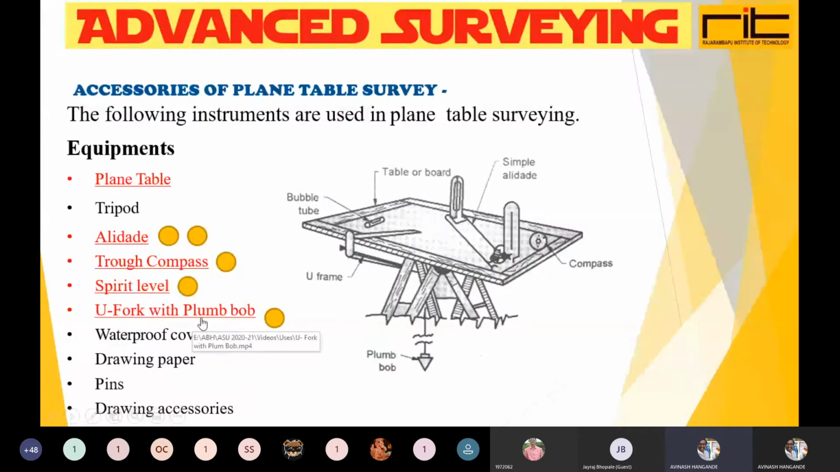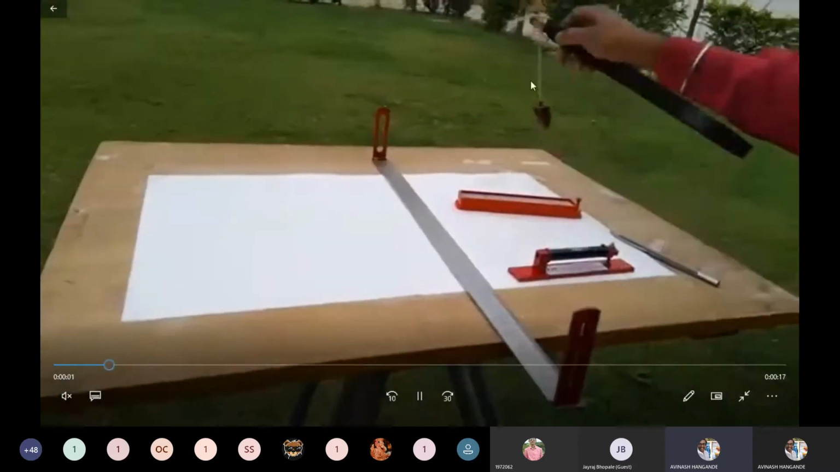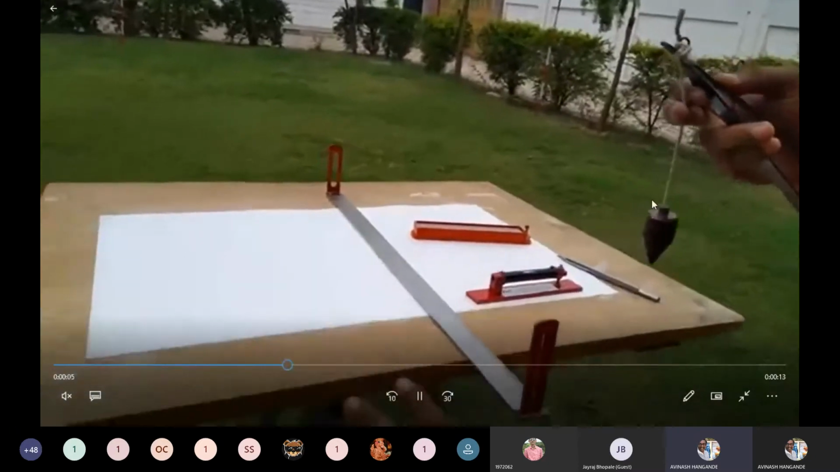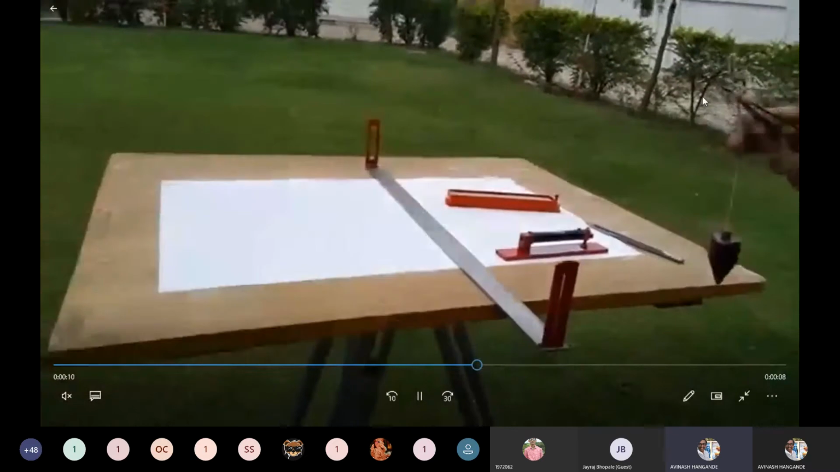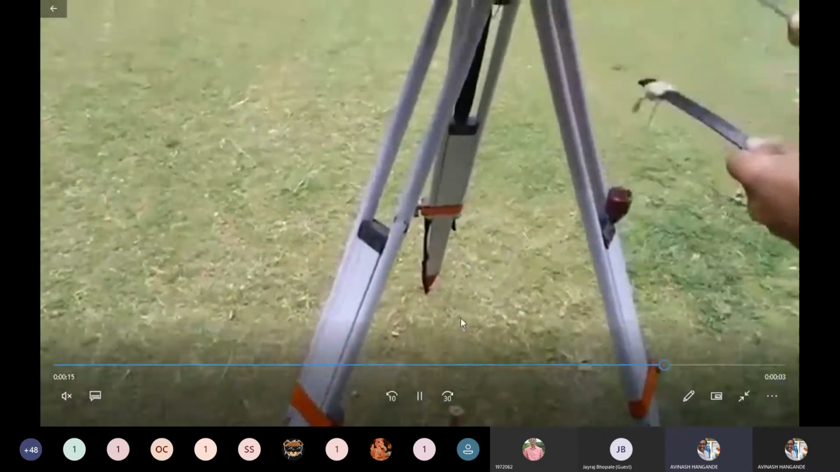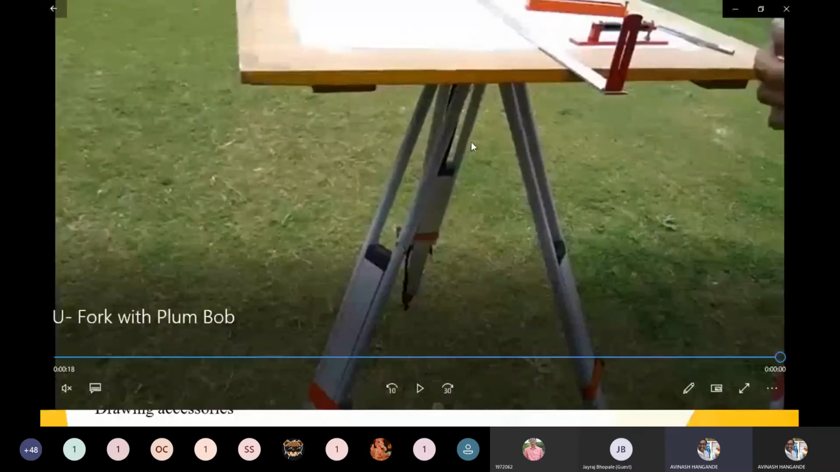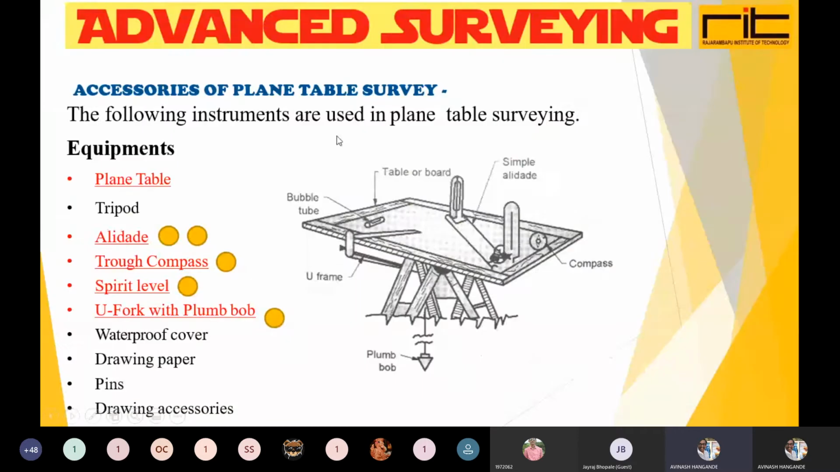Okay, then the U fork. So what does the U fork look like? So let us see. That is the U fork with plumb bob. So what is the use of this U fork? That will be seen in just a while. Remember that it is a very basic instrument. Here is our station point, and if we want to transfer that station point on our drawing sheet, then we are using this plumb bob with U fork. So let us see